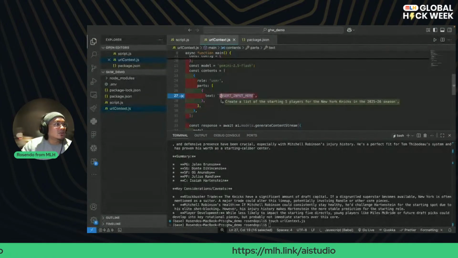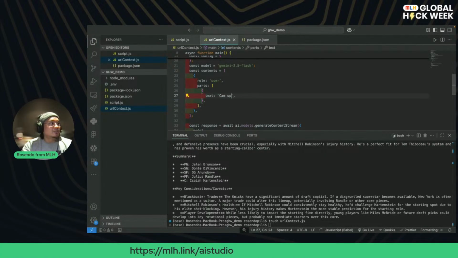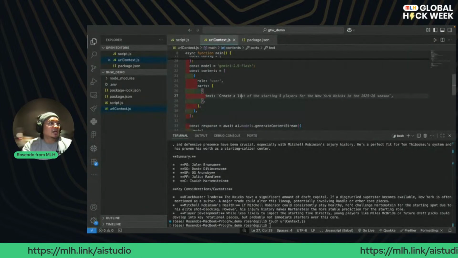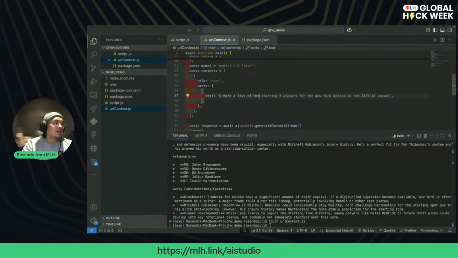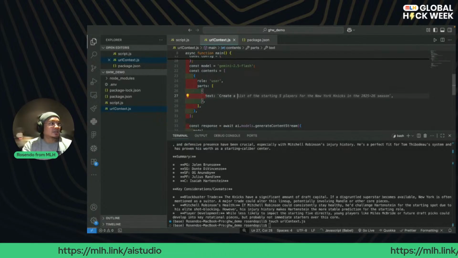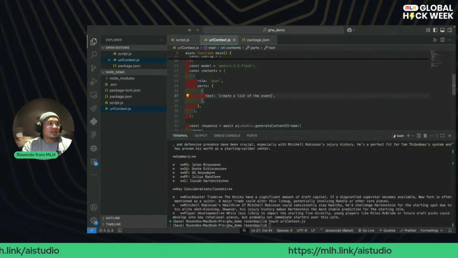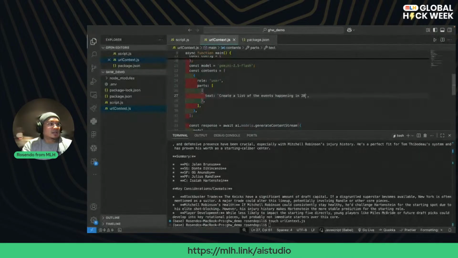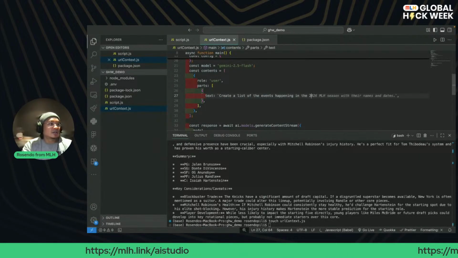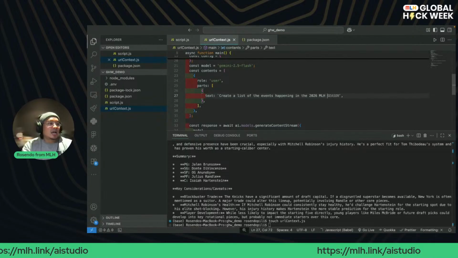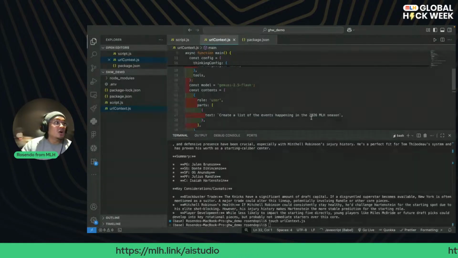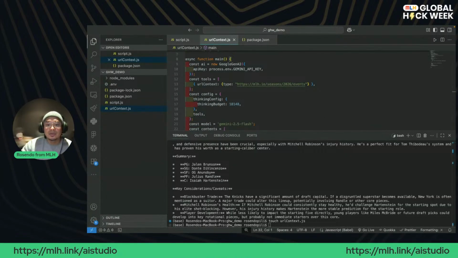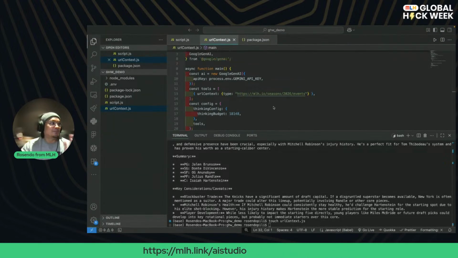So the text that I'm going to use here is, I'm going to say, create a list of the events happening in the 2026 MLH season. And once again, this is just me doing this programmatically. There is no grounding search activated for this. It is just going off of the URL context that I gave it, which is obviously the link that I